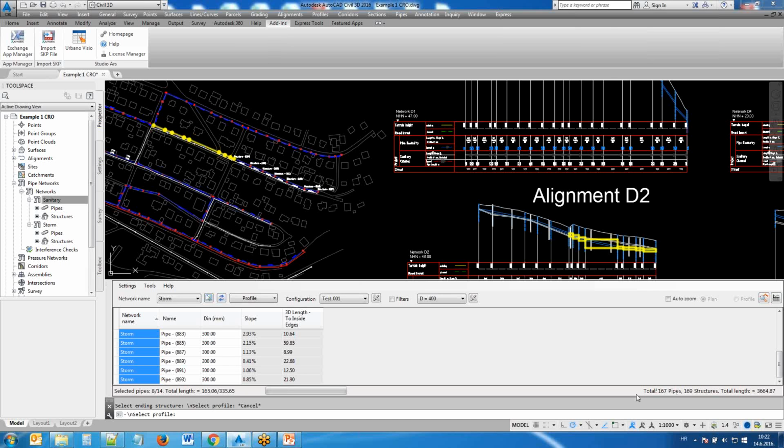And on the right, I have the information for the whole project. So here we are talking about some 3.5 kilometers of pipe networks or something around that. Okay,